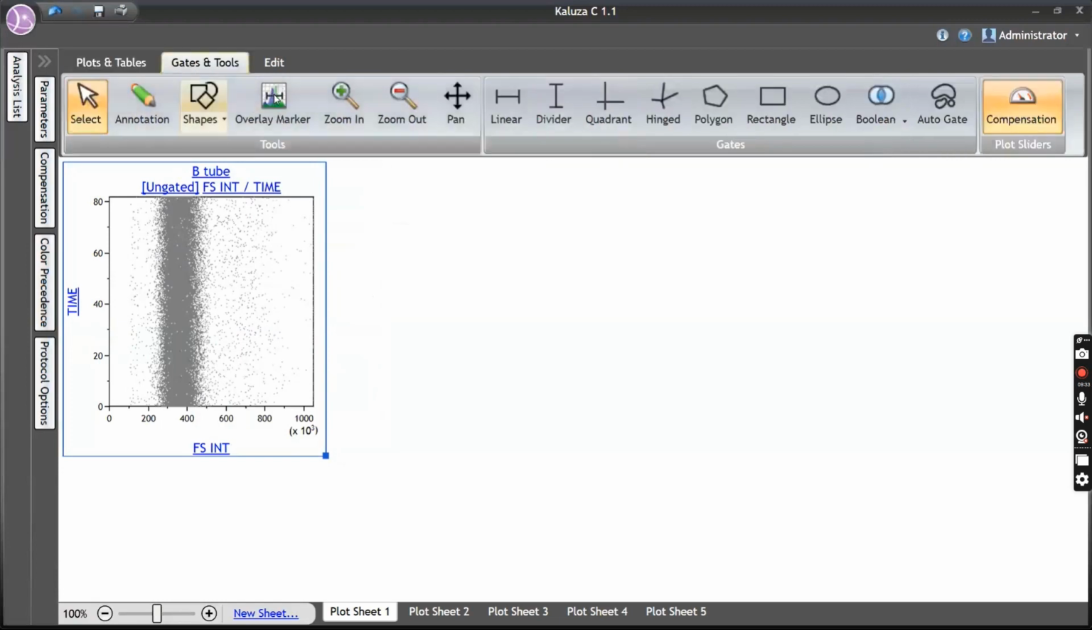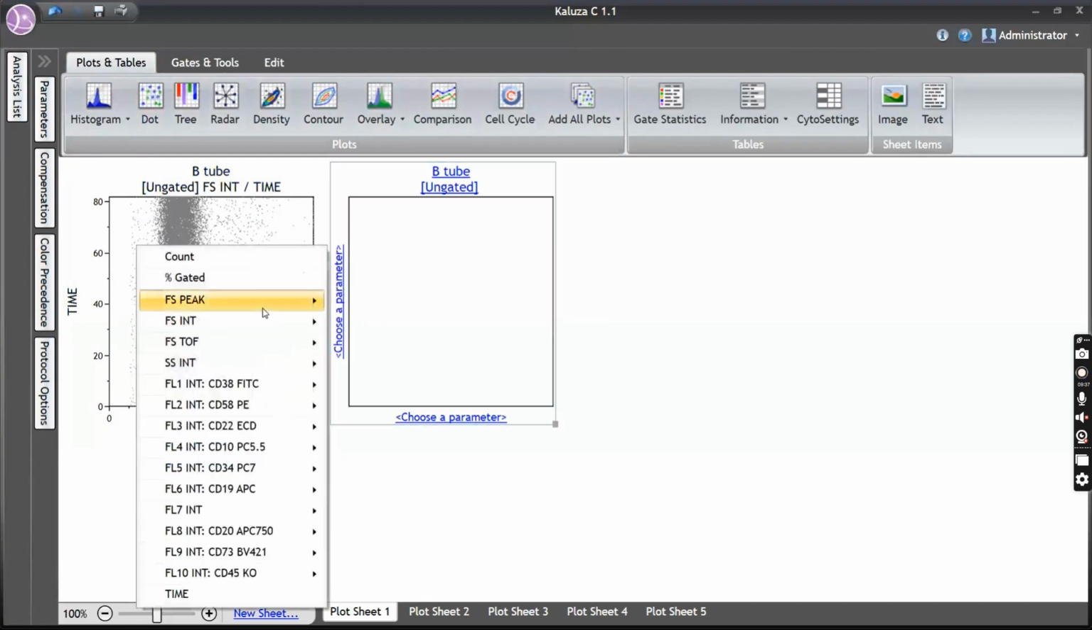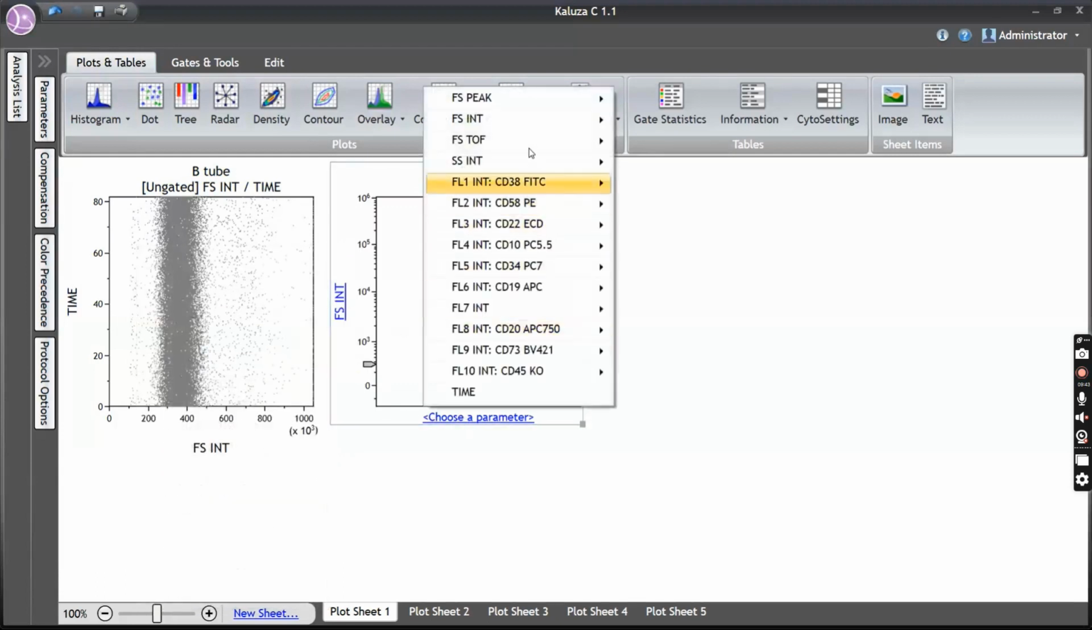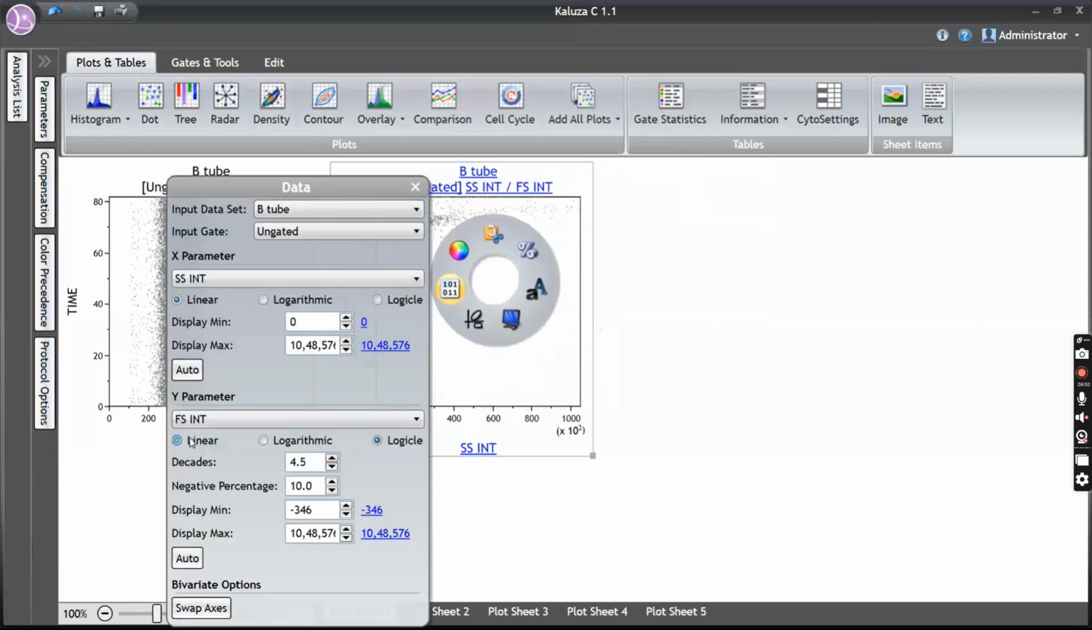After that, we'll go for the second plot. So the second plot is FSC versus SSC. Perfect. Excellent. So FSC versus SSC, and we'll apply. Normally scatter parameters you need to see in